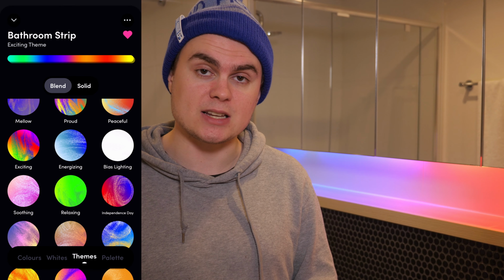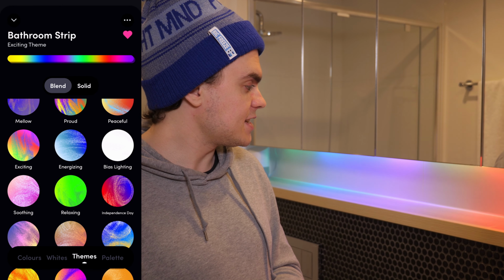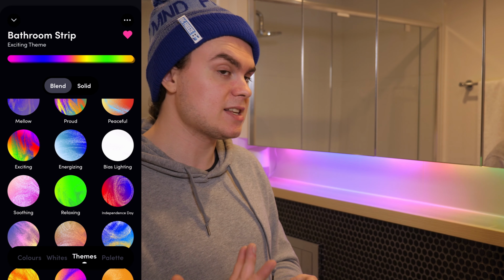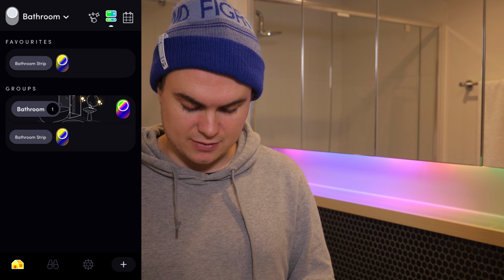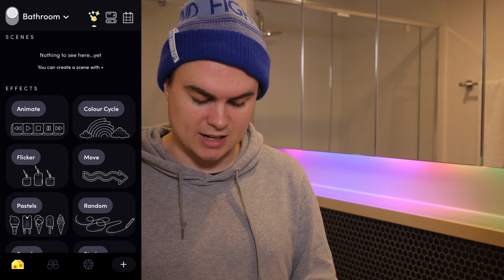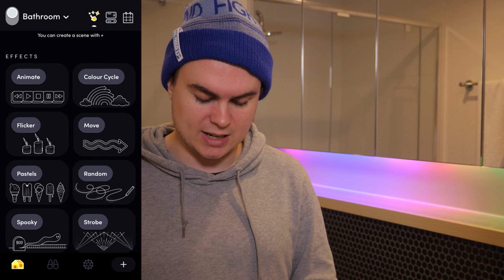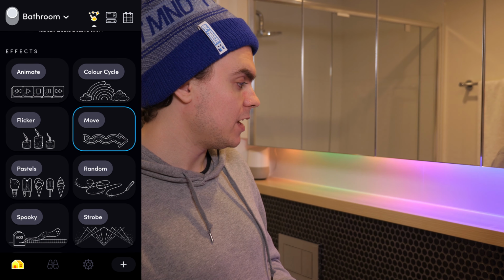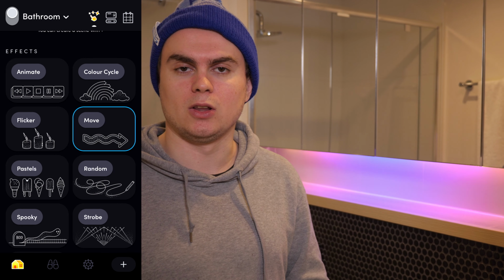The final cool feature that I want to show you in this app is the animations. So if we go ahead and pick a theme, one I like is exciting, has a lot of different colors. You tap it a few times to find our perfect combination of those colors. I think this looks pretty good. Now if I get out of this and go into over here, you can see I've got all these effects. Animate, color cycle, flicker, move. What I really want to do is move. So if I go ahead and tap that, you can see the colors are literally scrolling along,